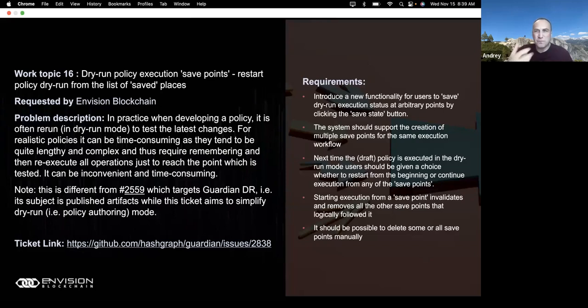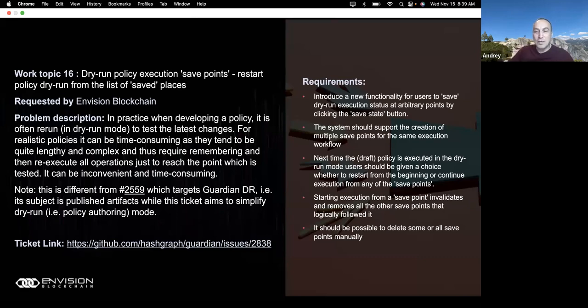So it requires frequent experimentation with the policy, validation whether it works as expected or not, and so on. But at the moment, every time you do this, you'd need to restart the dry run from the beginning. And it's inconvenient for complex policy development. You may want in the evening to go home, and in the morning come back and restart where you were before on this dry run, and so on.